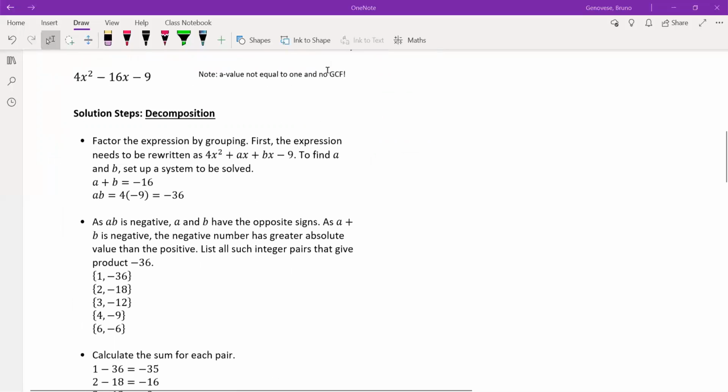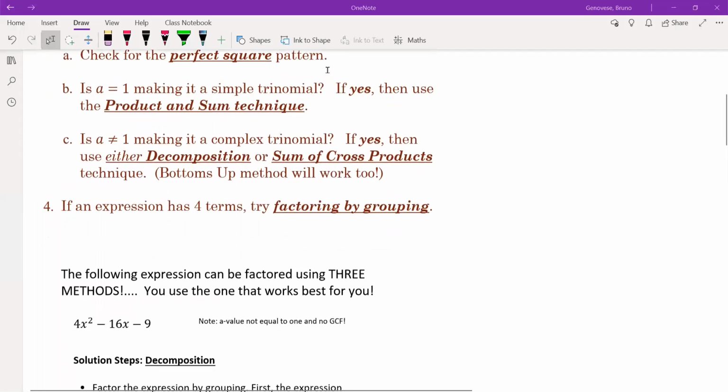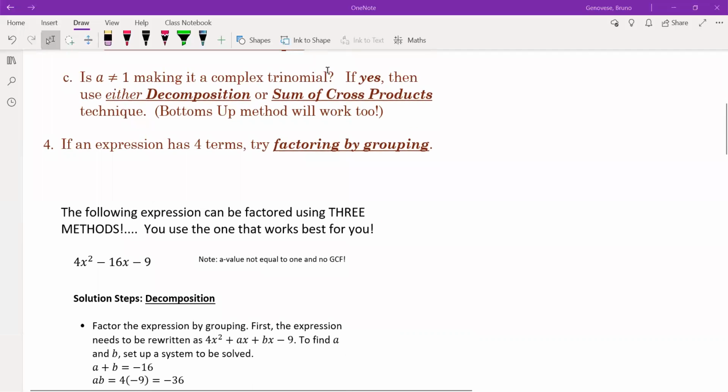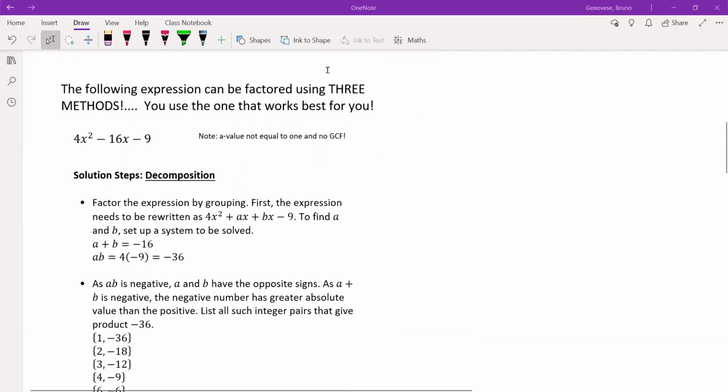Okay, so the first thing you should note is that the A value in front of the x squared is not equal to 1, and there is no greatest common factor. There are no factors of 4, 16, and 9 that are the same. So A is not equal to 1, making it a complex trinomial. You can either use decomposition, sum of cross products, or bottoms up. And that's exactly what we're going to do right now. So for decomposition,